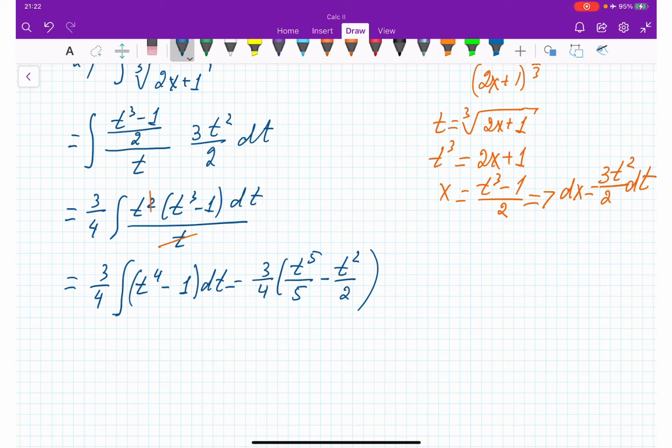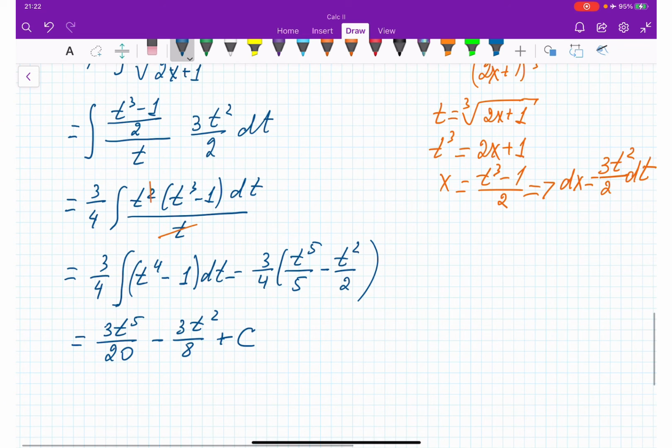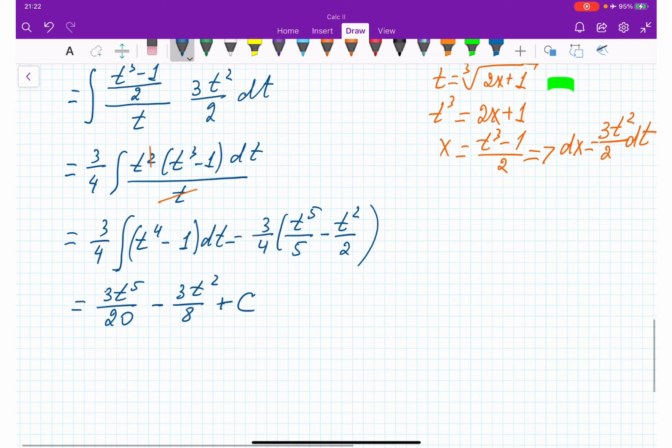So this is going to be equal 3t to power 5 over 20 and minus 3t squared over 8 and plus c. And from here, I'm bringing back our t, here it is, cubic radical 2x plus 1. And we are getting, which is going to be our answer,